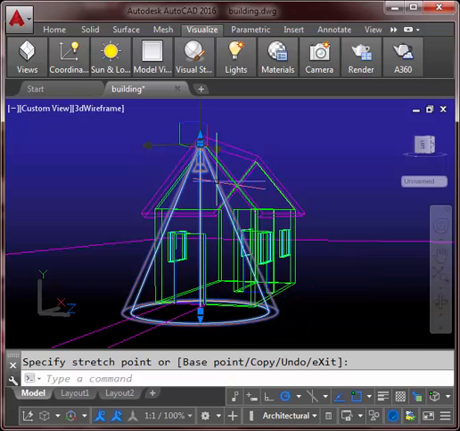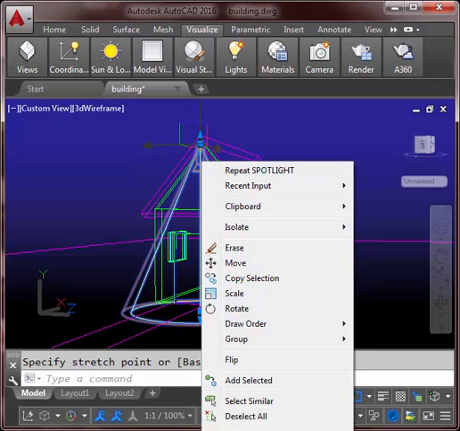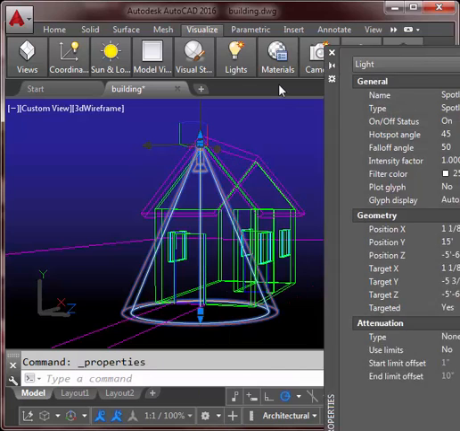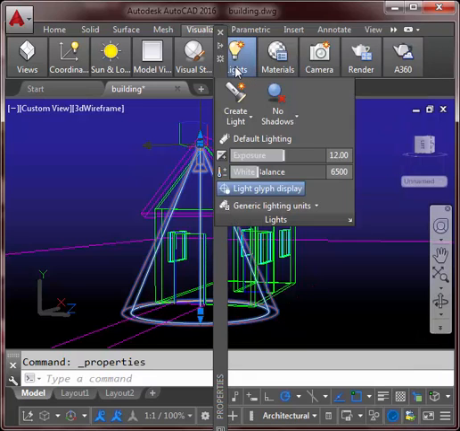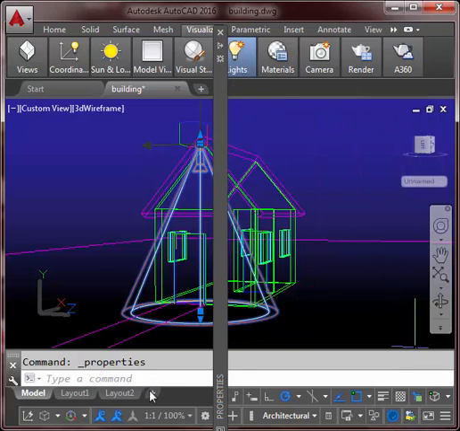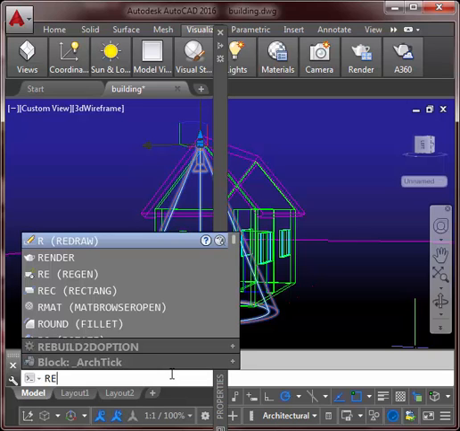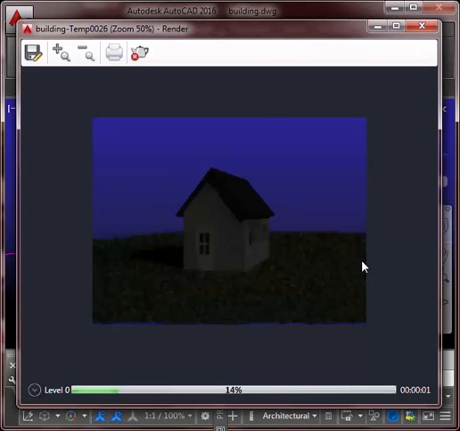The next thing I want to do is right click and go to properties. So let me bring this in, and you'll see I've got a lot of options. The one I want to look at right now is the intensity factor, because actually let me just show you what happens if I render this with the intensity factor set to 1. You'll see that you can't really even see that I've added a light there,